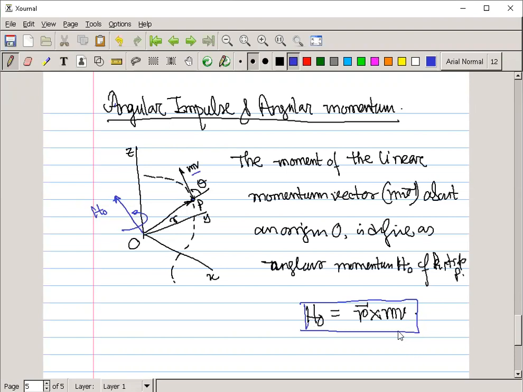So up to this I will stop. I need another class to continue because there is another thing, the angular impulse and angular momentum. This is the angular momentum we are talking about. Similarly, the angular impulse and momentum principle, and then the impact, linear impact and oblique impact. I think linear impact you know, you only have to understand the oblique impact.